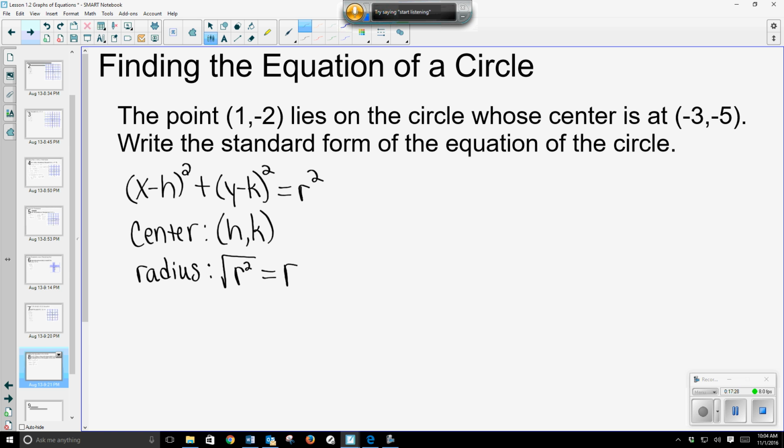Okay, we have the center of the circle. It is -3, -5. We do not have the radius. So if we have a point on the circle and we have the center of the circle, what do we do with those 2 points to find the radius? Do we do midpoints? We do the distance formula, because you want to know how far apart are those 2 points, because that will give you the radius. So the radius